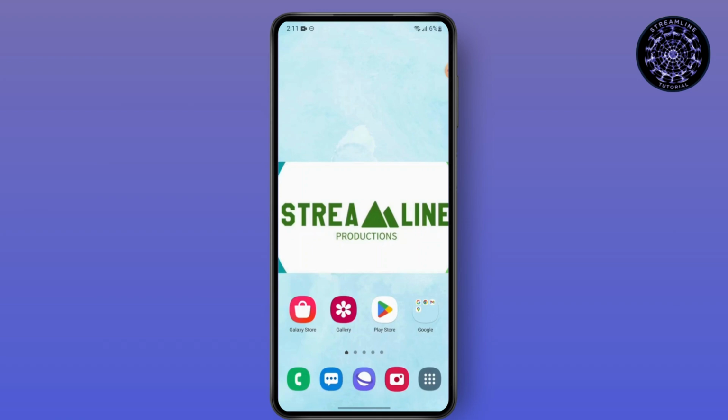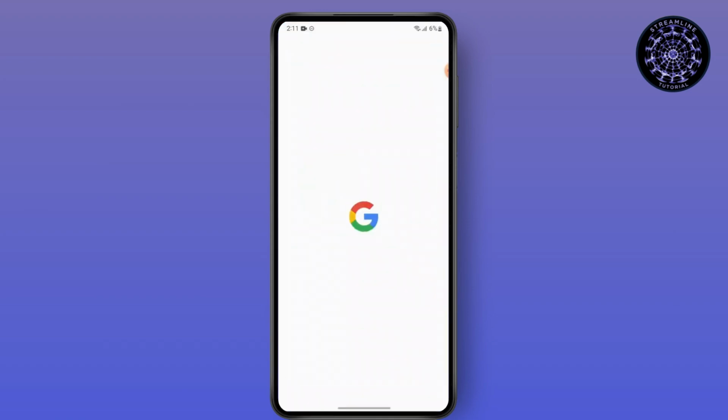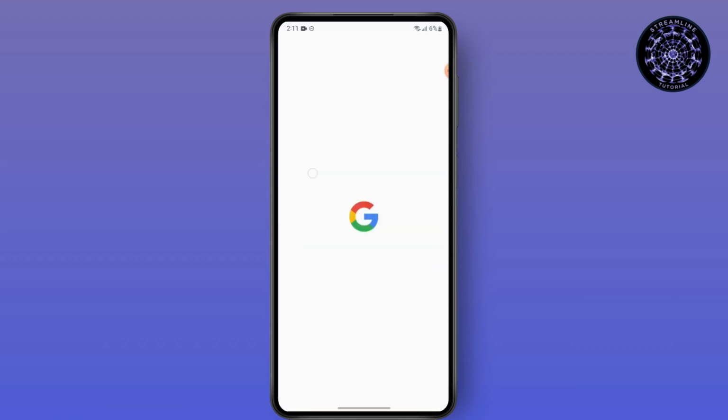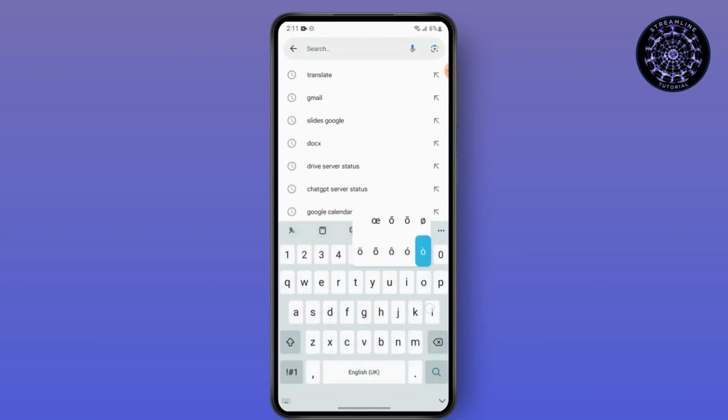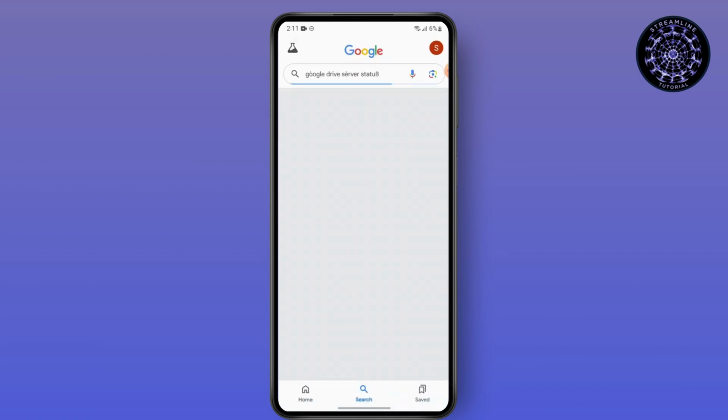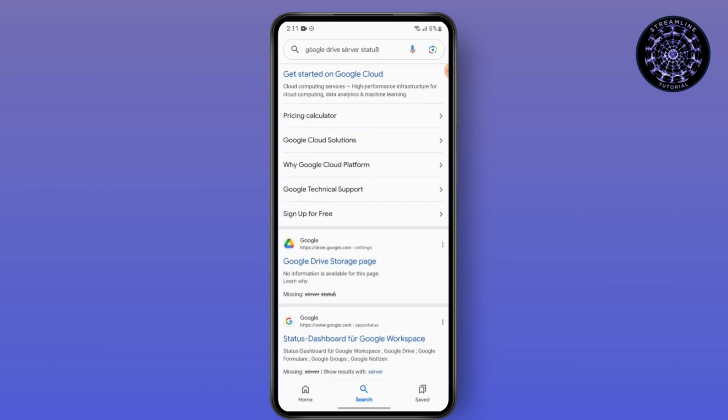So the first step is go to Google, then go to search bar, search for Google Drive server status. If the server is fine,